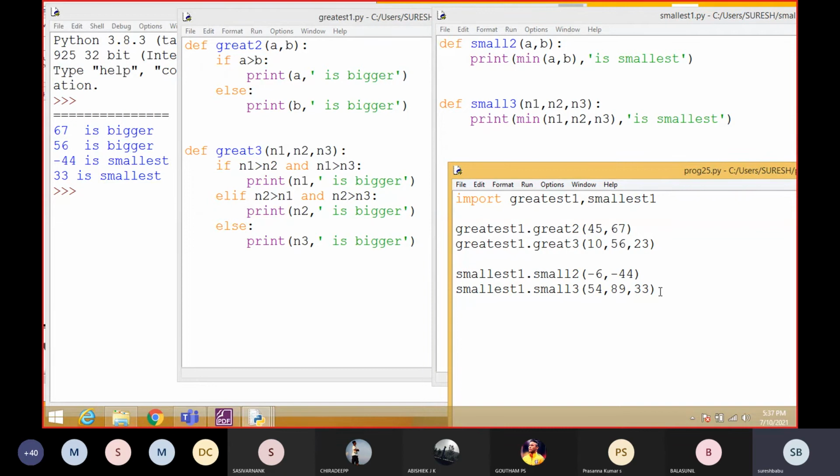A lot of practice is needed to answer every question in the exam. That is what I asked in the feedback, the last question: what is your expected mark in board exams? Most of the students gave more than 60, more than 70. I saw the answers. Everyone can easily get that.